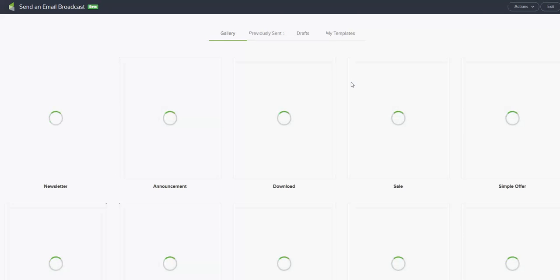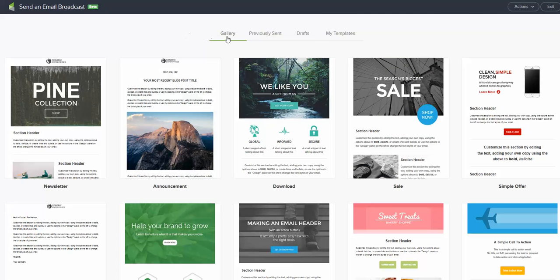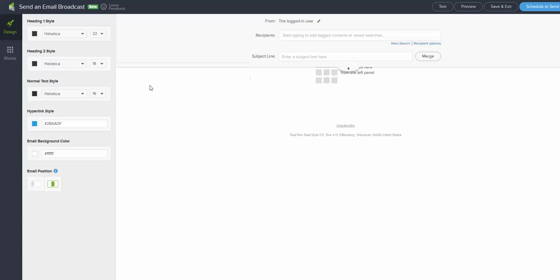Let me click that, and as you see, we have gallery, previously sent, drafts, pay attention to drafts, my templates. What I want to do here is go to actions and create a new email. Create blank email here, or choose one of the templates that you see here. It doesn't matter. So what I'm going to do is provide the subject line like